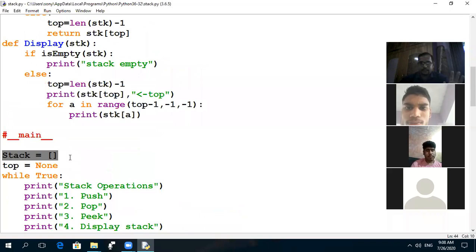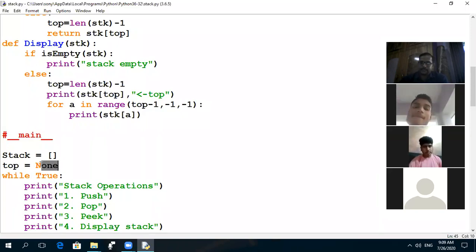One by one we can insert elements in the stack. If the stack is empty, it means the top position of the stack is None, no element is present in the stack. So the top value is None. None is a keyword that means it is empty. Then while is a loop. True is a boolean value. If it is true, then we come inside the loop. If it is false, then we cannot come inside the loop. So this time we are taking the loop value as true, meaning the first time it is true.